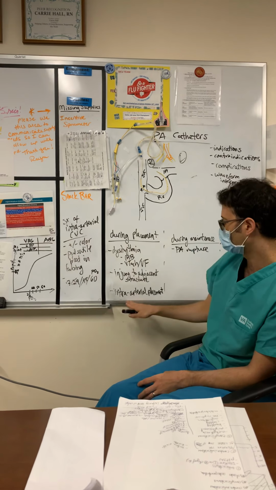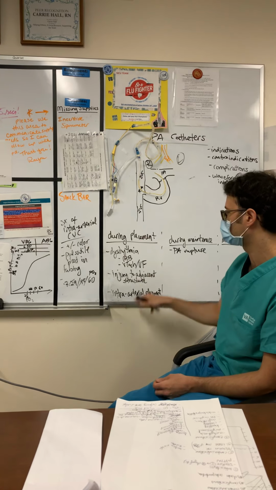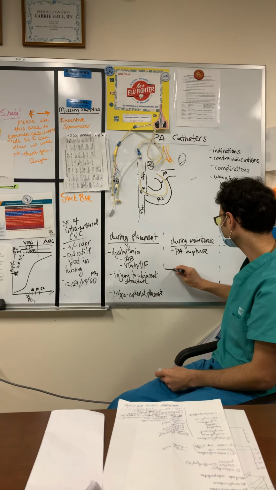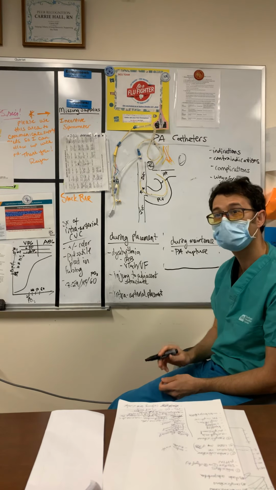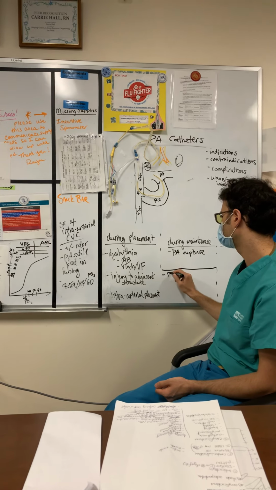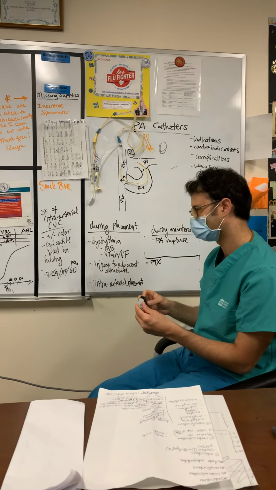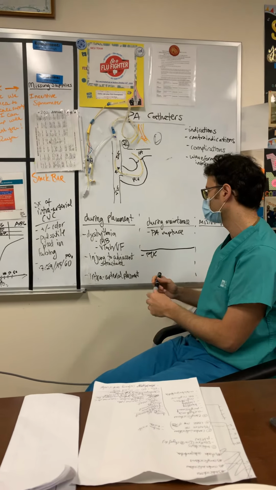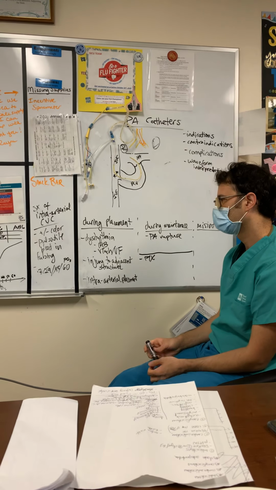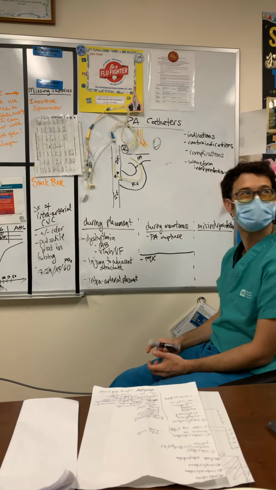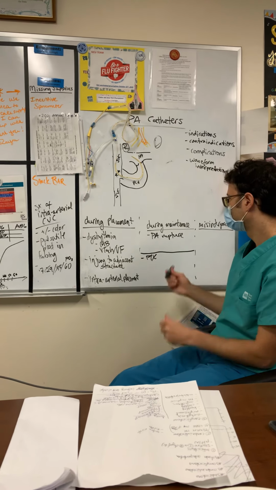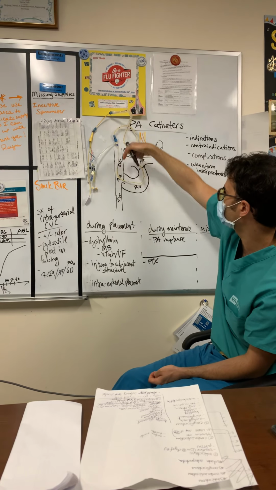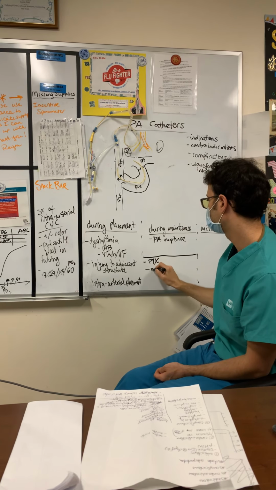Okay, so let's see. Any other complications during placement that you guys can think of? What's that? Okay, yeah. So you're imagining that we're placing the whole thing, so all the complications of central line placement, pneumothorax, absolutely. The only one I can think of is just malplacement, like it's down in the liver. Yeah, misplacement, and along the lines of misplacement,